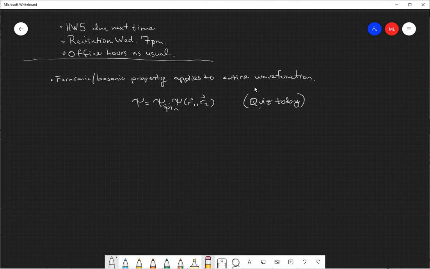Okay, any questions, comments? This identical particle stuff is relatively conceptual, so it's nice to discuss it a little bit as opposed to doing specific calculations. We'll get to calculations in a bit, but